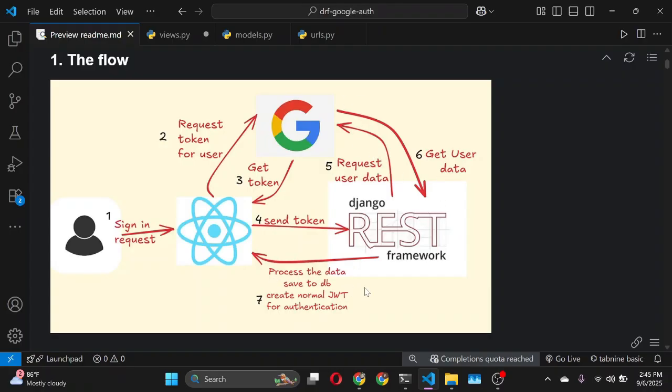And then we are going to process that data, save to DB, and create normal JWT for authentication. Now, remember that I said when a user wants to access a protected route, they have to provide their access token. So what that now means is that once we have been able to verify that user data actually exists from Google by grabbing it,